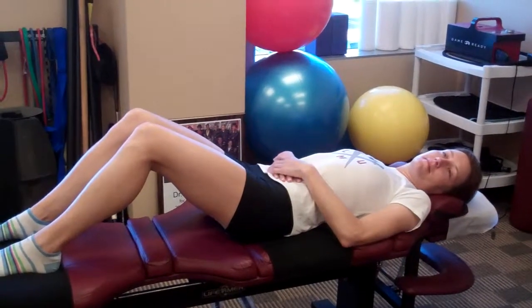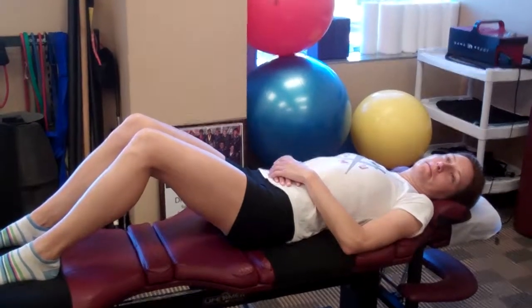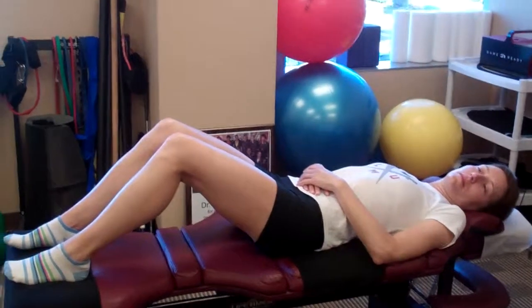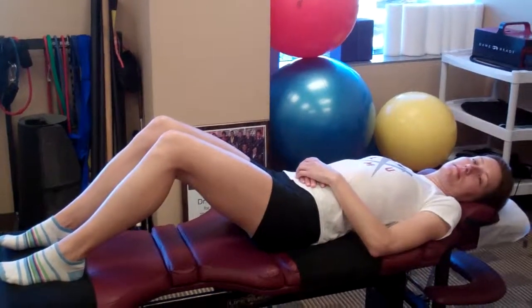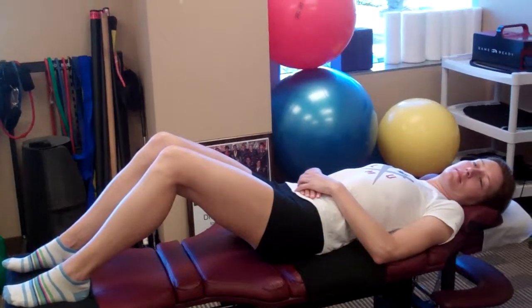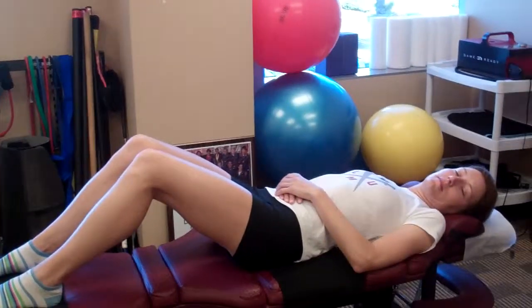And today we're going to show you a modified version of hip circles with the hip flexed and the knees flexed. And we're going to follow that up immediately with showing you how to do the modified version of hip pendulums. Now, the reason we're going to show you a more remedial version of that